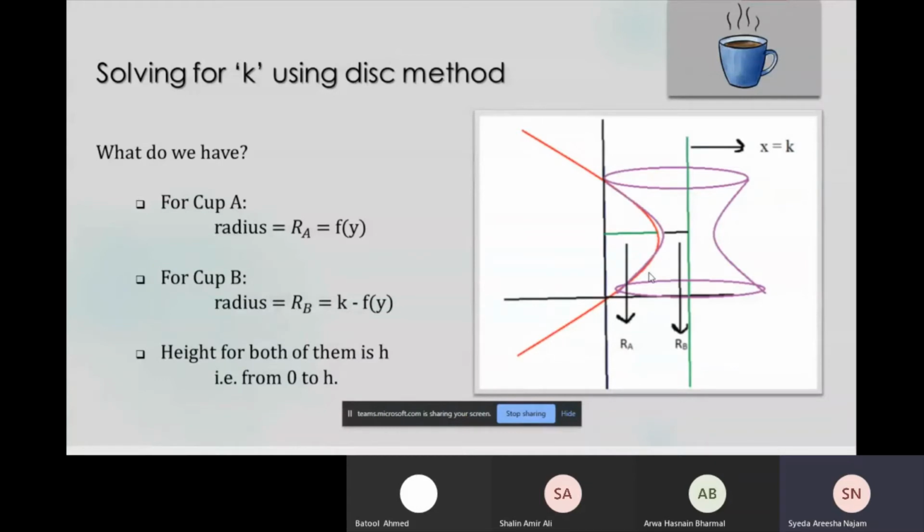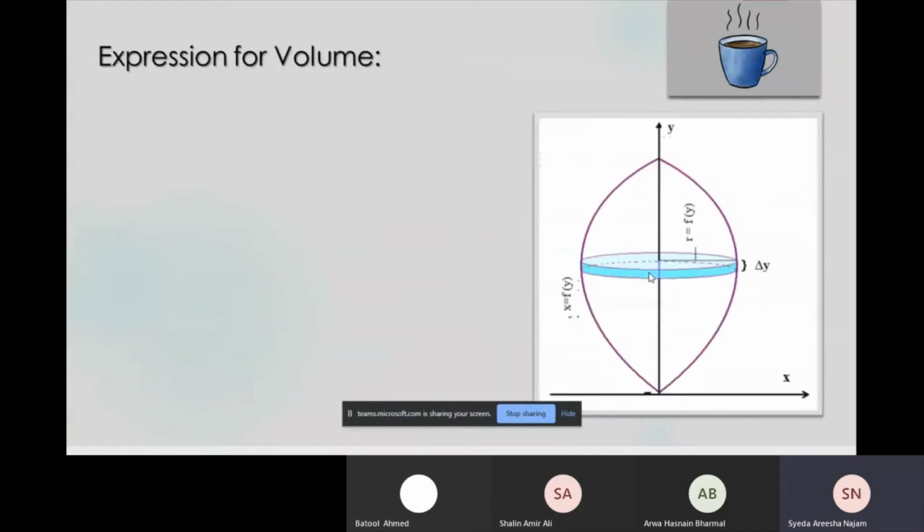That is, we have chosen a specific interval on the y-axis from 0 to h. So the volume method, as we said, is based upon dividing a full solid of revolution into thin, tiny cylindrical disks. We know that the volume of a cylindrical disk is